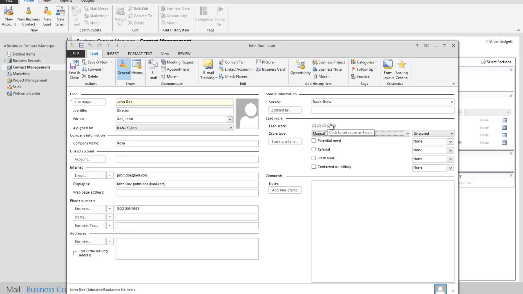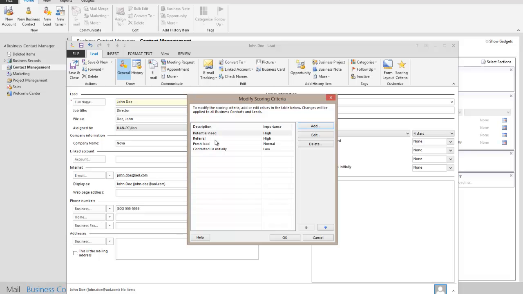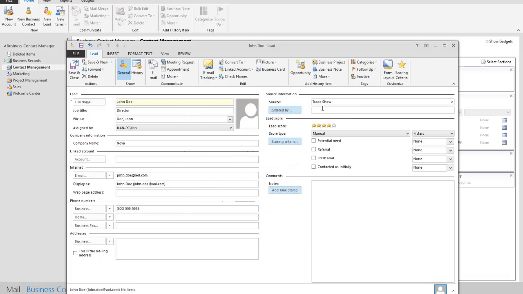Suppose John Doe is a 4-star lead. Why? Because he's almost there. He almost wants to become a customer. I just need to do a little work. I can also modify the scoring criteria. I can add different things into what makes him a more likely qualified lead. So in this case, I'm just going to do it manual, and I'm going to say he's a fresh lead